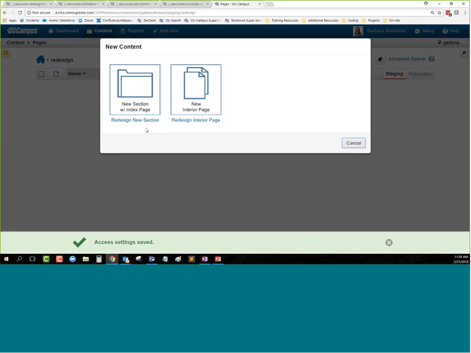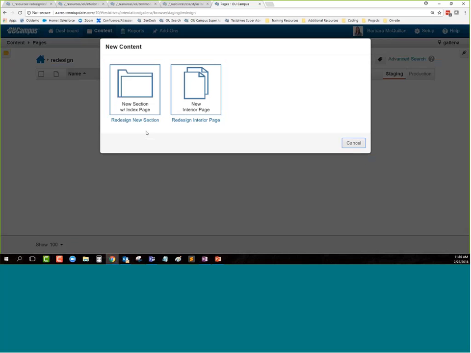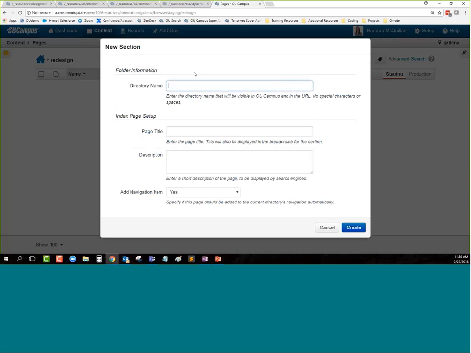Perfect. So now when I hit plus new here, I have my options of my two redesign page wizards. So I can put in my section, I can put in my interior page. Depending upon the way your site is set up, having all of this buried inside a folder may or may not break your site navigation. It really depends upon how your site was designed for that particular piece. So when I hit the put in a new section,